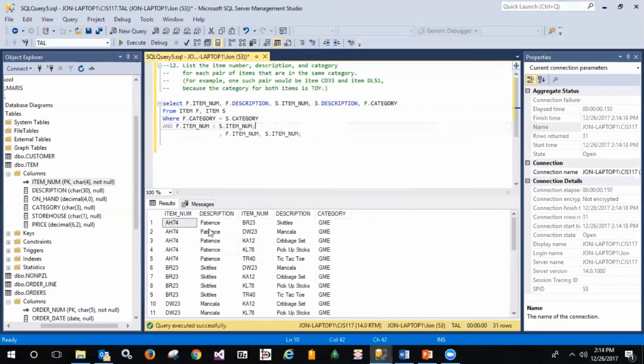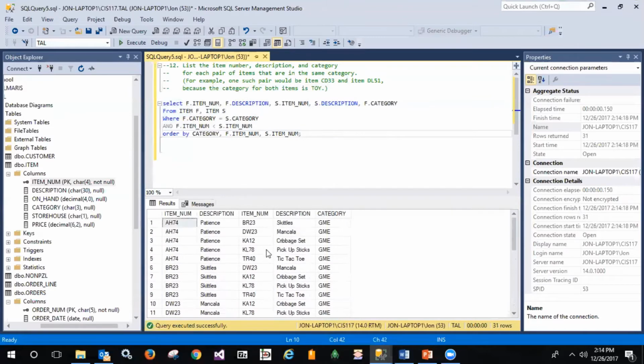And now we can see Patience to Skittles, Mancala, Cribbage, Pick Up Sticks, Tic-Tac-Toe, and then Skittles starts pairing. And now it's really evident because we have Patience, Skittles, Mancala, but we don't have them duplicated in the first,